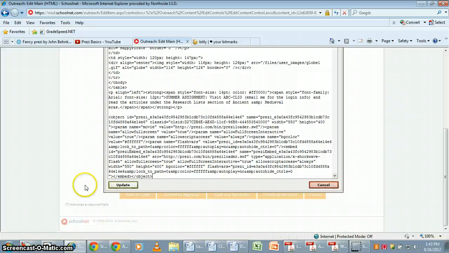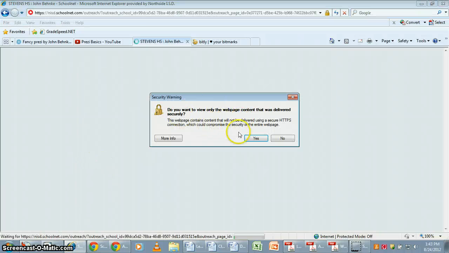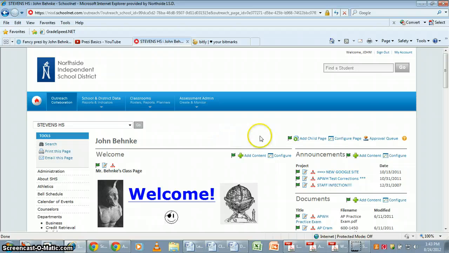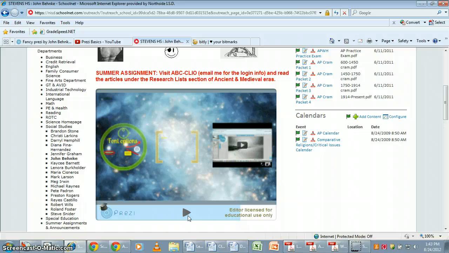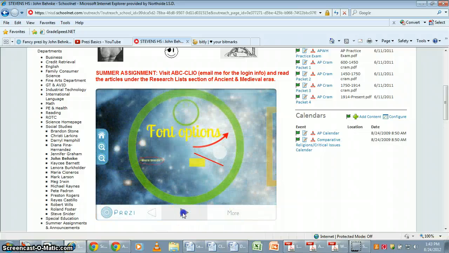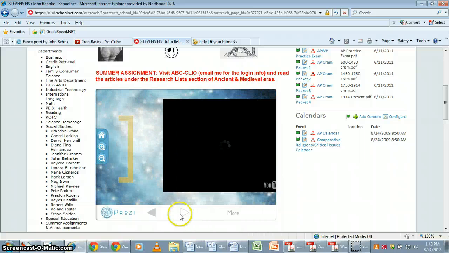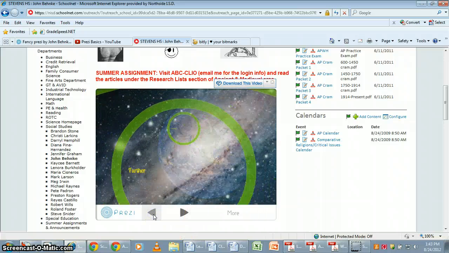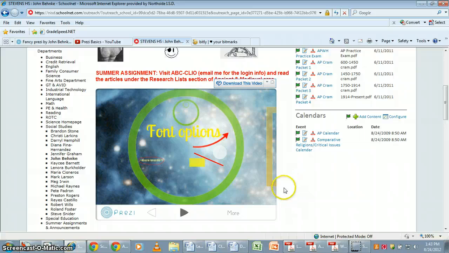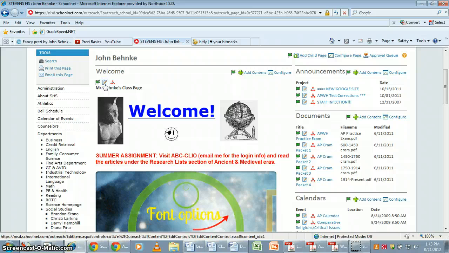paste the HTML there, hit update, save and set active. Yes, I want to view all content. Now the Prezi is on my page. Students can come in here, they can click through, it'll load it up, and they can watch the Prezi right here online. So that's really neat. You can put notes on there, you can put your class expectations, you can put whatever, update it daily, update it weekly, use it all, have it set for all year, whatever it is you want to do. So that's a really cool way you can embed the Prezi on your outreach page,